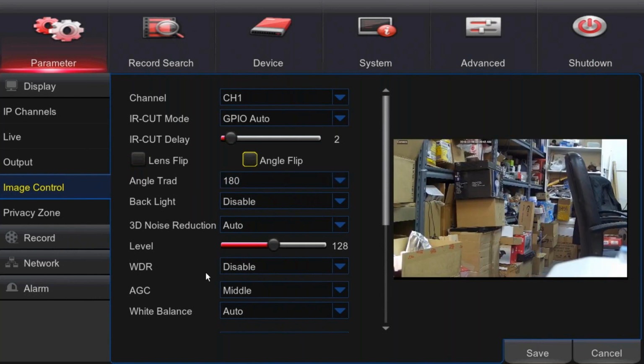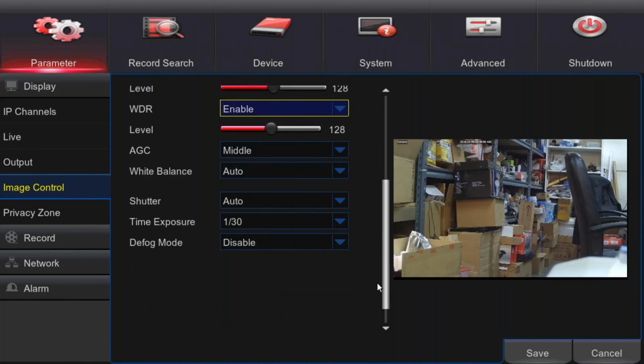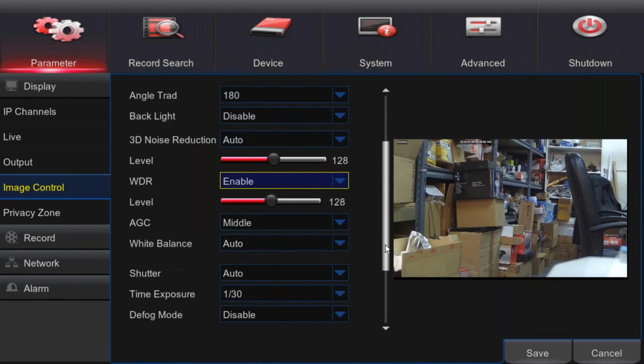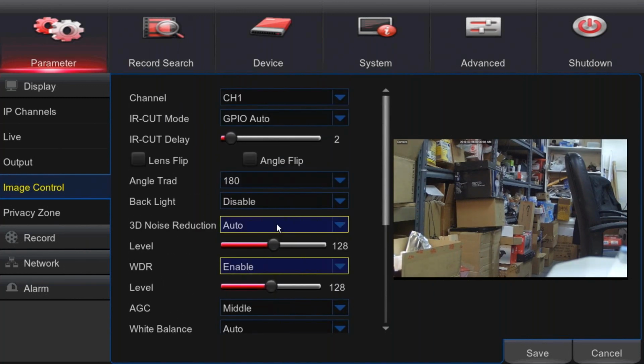You can enable WDR here and adjust its level. Scroll down, you got shutter control, white balance. Mainly what you really want to pay attention here is, if needed, the WDR is good to enable,